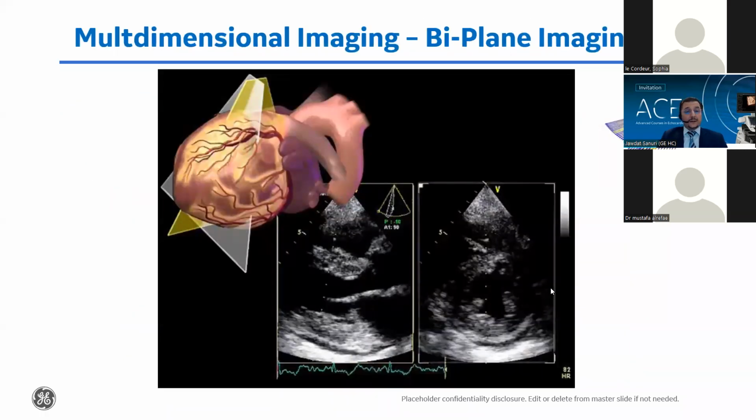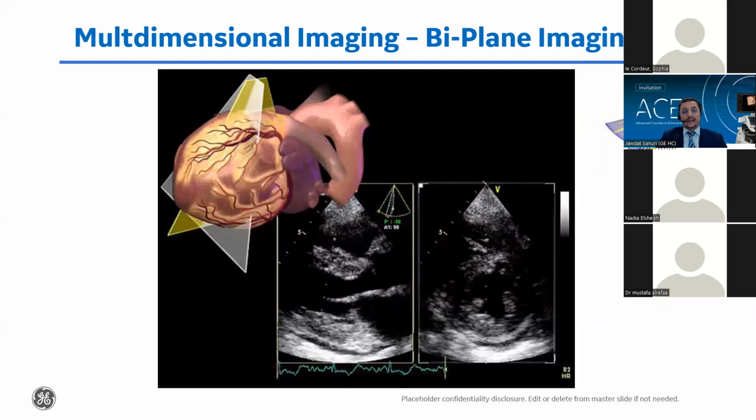So now that we have a 4D probe, we are scanning with the 4D probe. The first thing that you can do with it, of course, is the normal 2D scanning. You can do 2D color Doppler, pulse wave, continuous wave, M mode. You can do everything that you can do with the 2D probe. And that is simply by powering or switching on only one row of the elements. And then you get, for example, the long axis, you rotate the probe and so forth to get the other